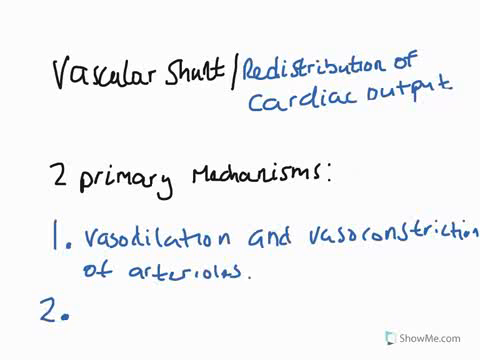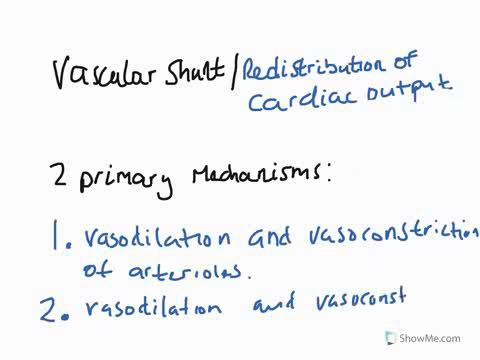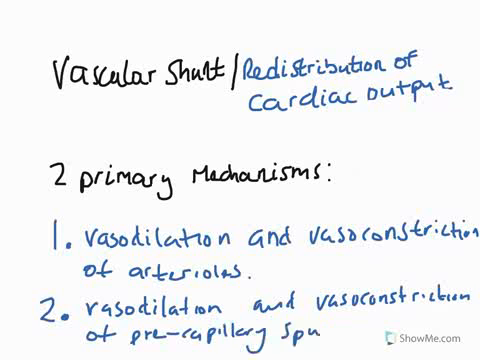but also that we have the vasodilation, which is a long old word, and vasoconstriction of pre-capillary sphincter muscles. And the main